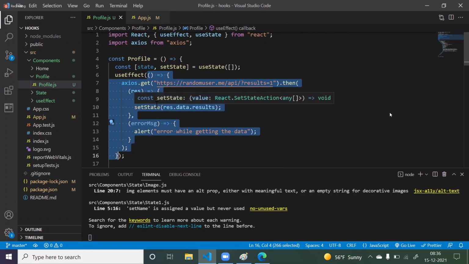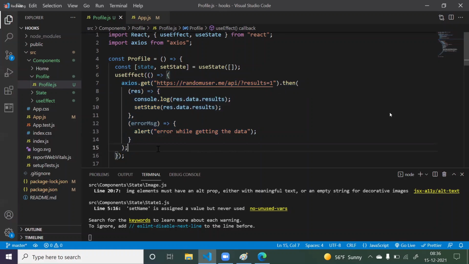Again this API got hit. Again this state got updated. Again this method is called because again it is acting like a componentDidUpdate only. So each and every time you are sending a request, updating a state, again calling the same method. So it is going into the infinite loop. So we should not do like this. We should not send this many requests.